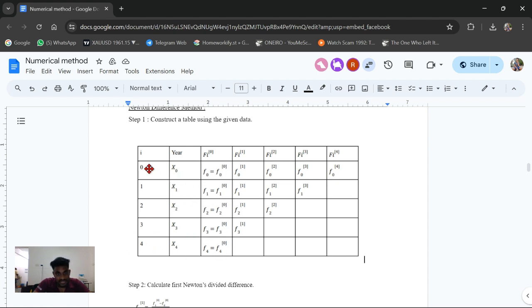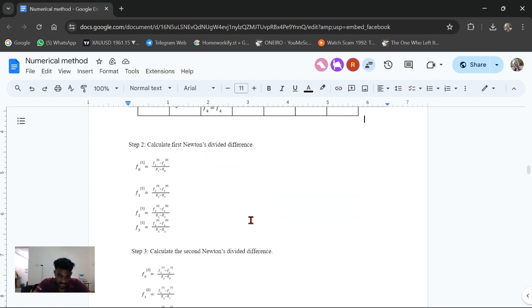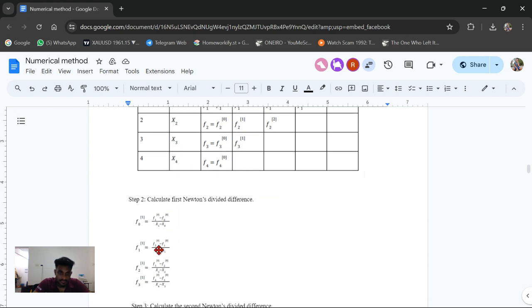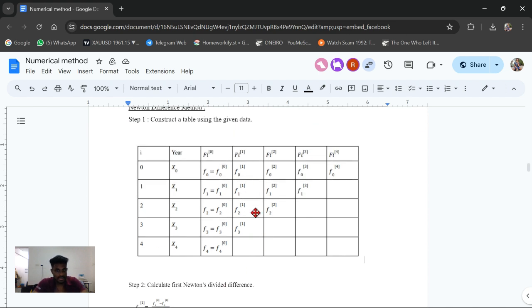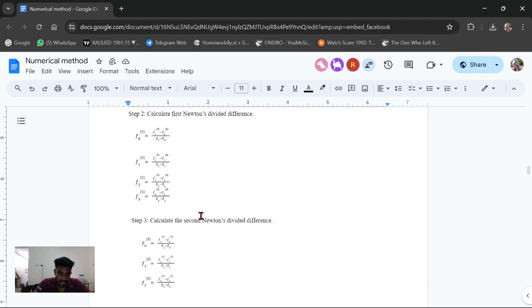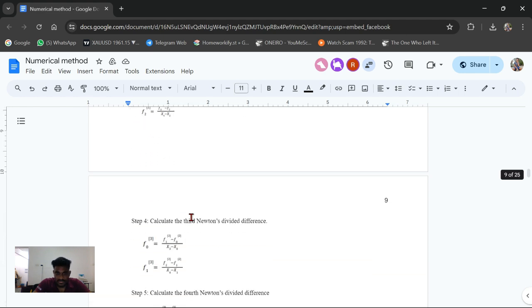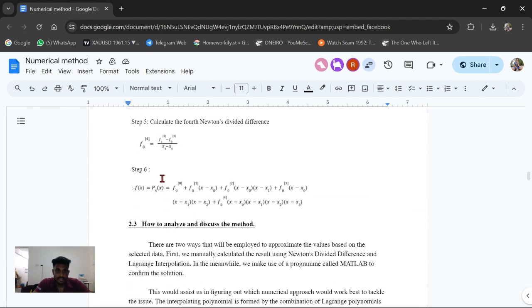This I will be given later, and these F0 values will be found by our calculation. So as I said before, the four formulas of the first Newton difference will be here, and the second will be here, third will be here, fourth will be here. So these are the same formula applied,